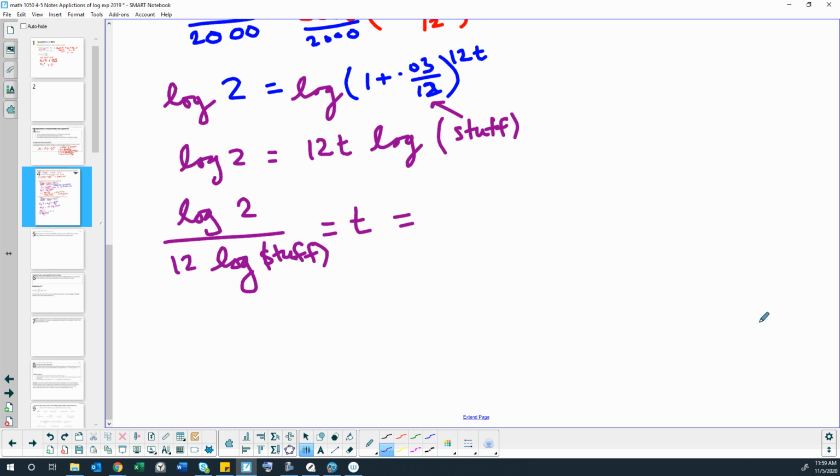So now let's go back and see what stuff is. So 1 plus 0.03 divided by 12. And then we're going to take that and close that parenthesis. So I'm dividing log 2, close parenthesis, divided by parenthesis, 12 log parenthesis 1 plus 0.03 divided by 12 parenthesis, close parenthesis, enter. And I get